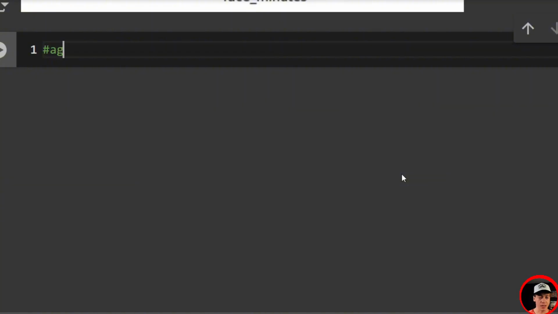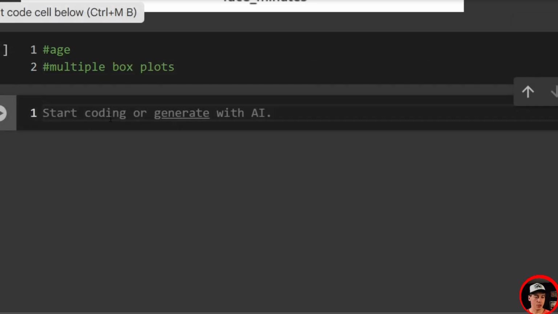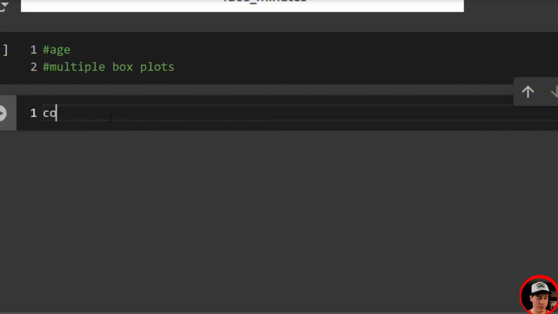So this is going to be multiple box plots, and it's going to be a little bit more intensive on the coding side of things. So multiple box plots, and let's go for it. What we're going to say is we're going to have combined data. So combined data equals pd.DataFrame, and inside over here,